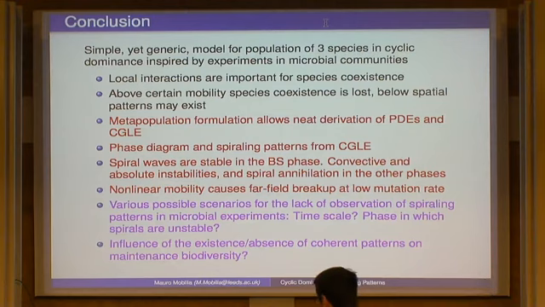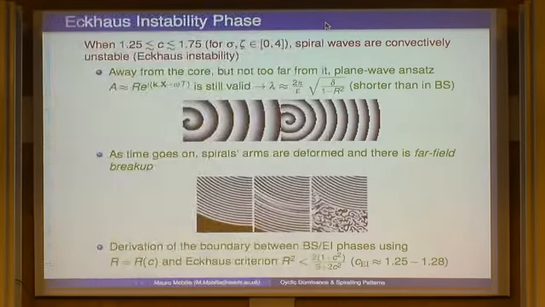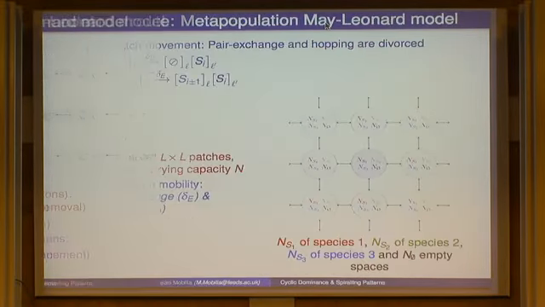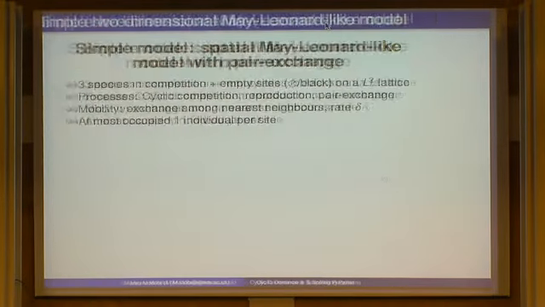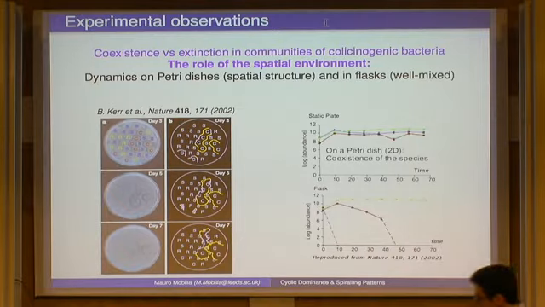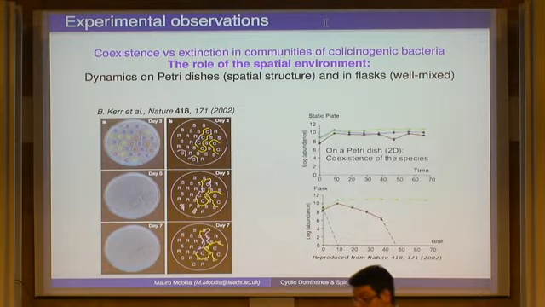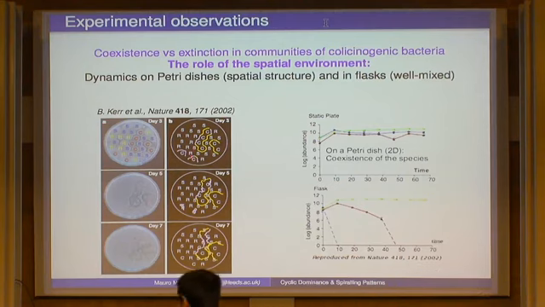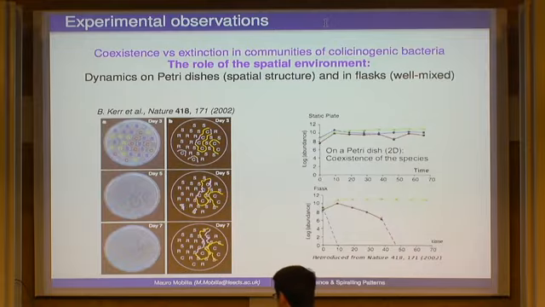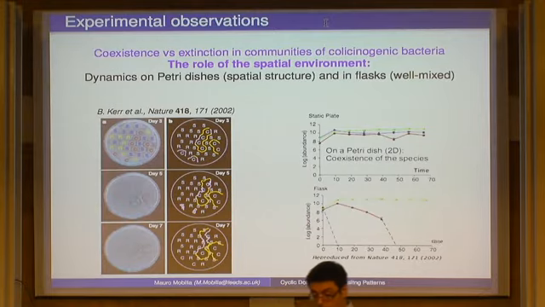Now, a question that one may want to address is, how does this relate to what these guys have done in their experiments? Because as you may have realized, it's hard to see any form of spirals in here. Right? So is it because this corresponds to a phase in which spirals would be unstable, or is it just a matter of time scale, or is it just that the model is oversimplified?